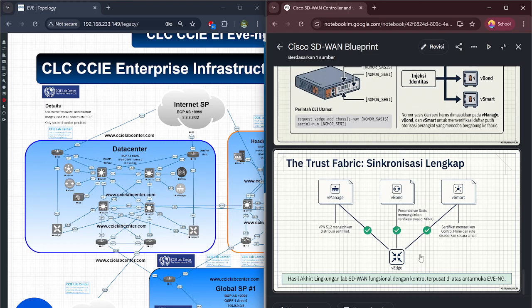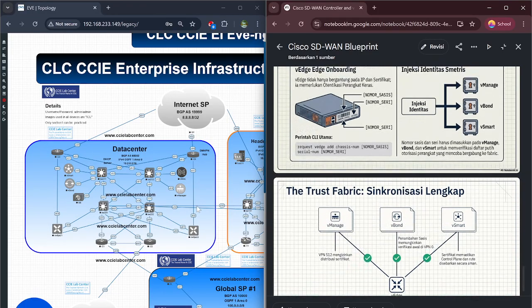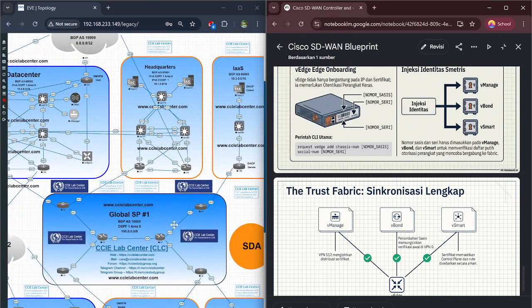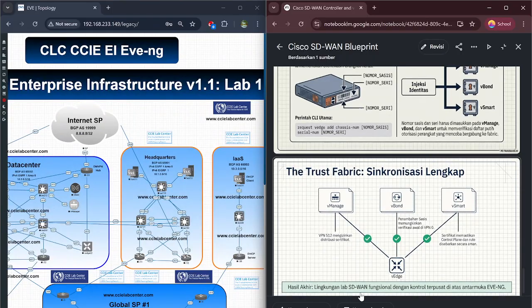The bottom result box, final result: a functional SD-WAN lab environment with centralized control running on the vManage interface. In this stage, the trust fabric is fully established. This means the components know and trust each other.